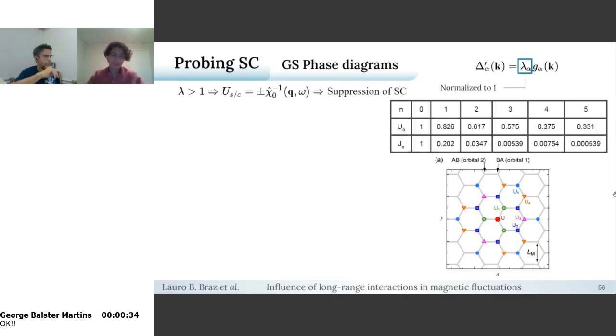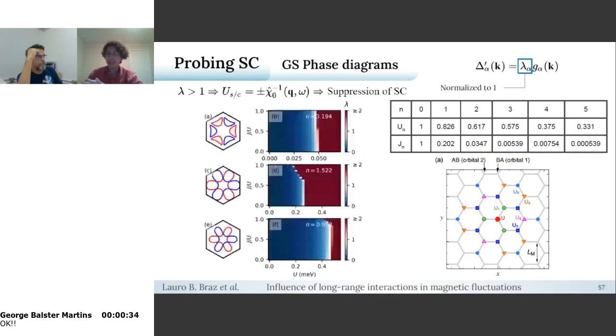And what we observe is the following. Now, in the last results, there was a continued suppression or enhancement of the superconductivity in this system. But with J, it's not exactly like that. Actually, with J, there is a first order ground state transition here. So all these zero temperature calculations or close to zero temperature calculations